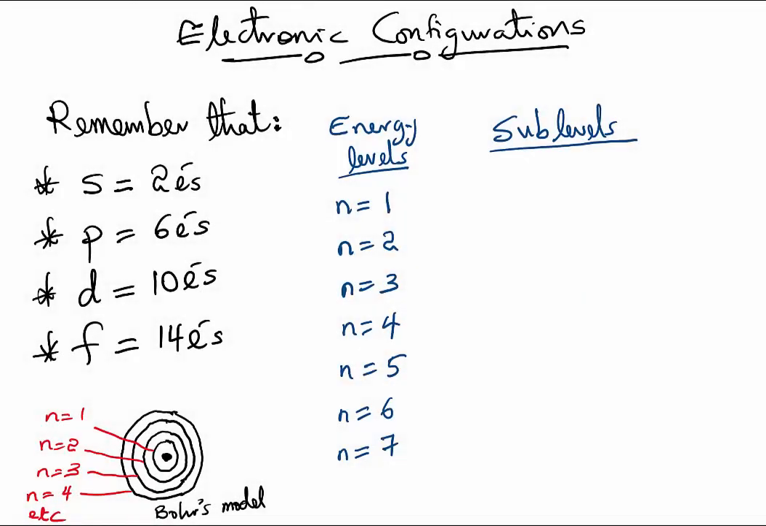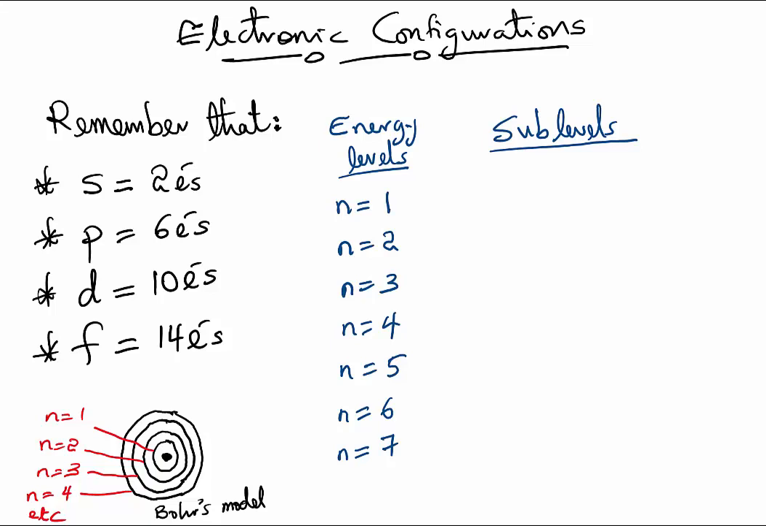Let us now take a look at electronic configurations. What does that even mean? It means that we want to describe the region of space where each electron in an atom is most likely